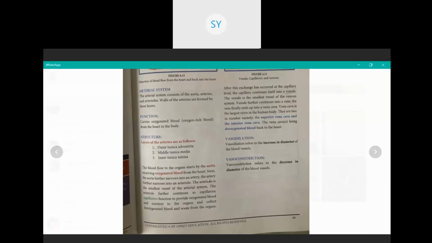When it is coming from your heart, the artery is bigger, and that one is called the aorta. When it circulates your whole body, it becomes smaller and gets a new name. So the aorta is the big one, then arteries, and arterioles,